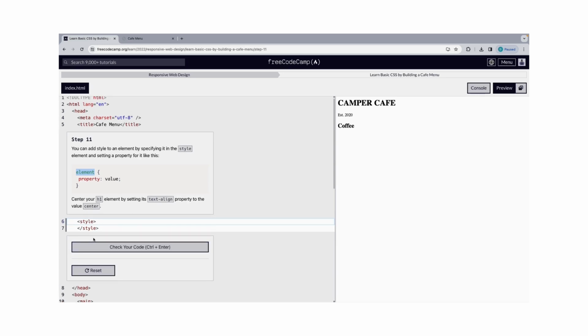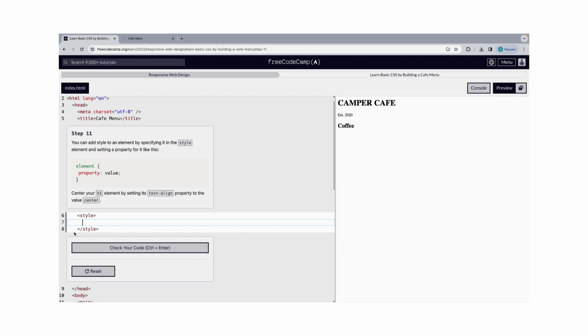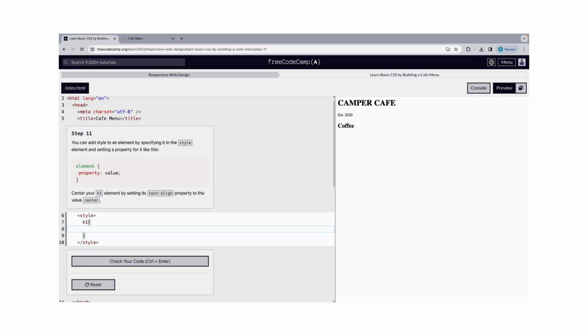So this is our style. So our style would live here. Later on, we would see how else we could do the same thing. But for now, let's target our H1 element. And then you see that you have to open the curly braces. And inside, we have to add a property. So one of the properties that CSS has to put the header at the center,